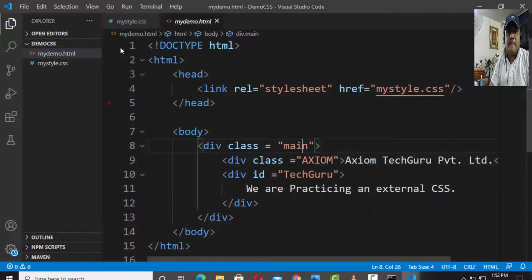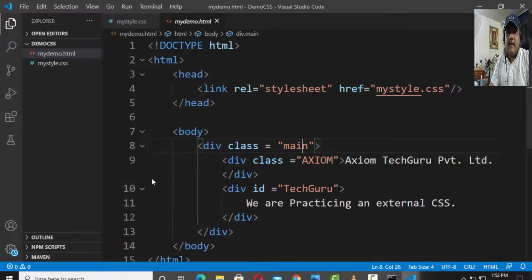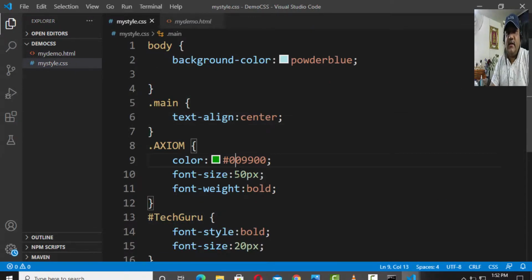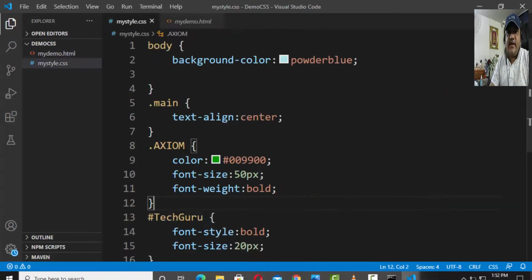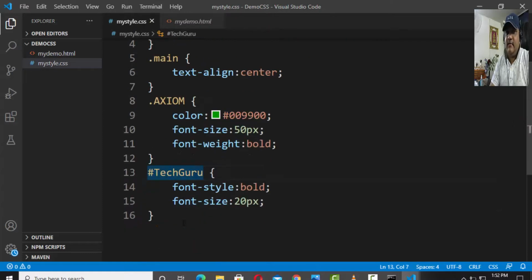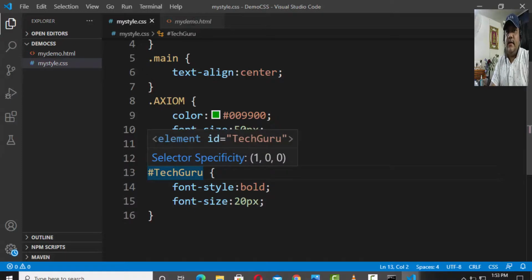And then this axiom class, what is the format setting of axiom class? Color, font and width, and this will get applied to this text, and then it is referring to the formatted style of TechGuru. TechGuru is an ID. So while defining, you can define the class by dot and you can define the ID by hash. So here, while applying that,